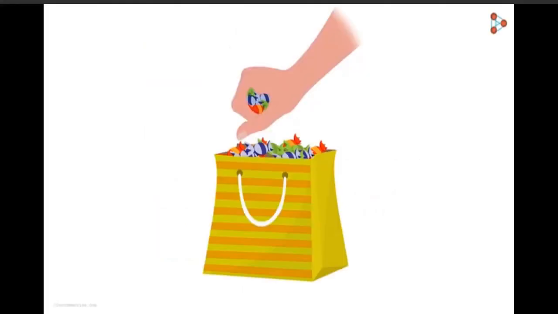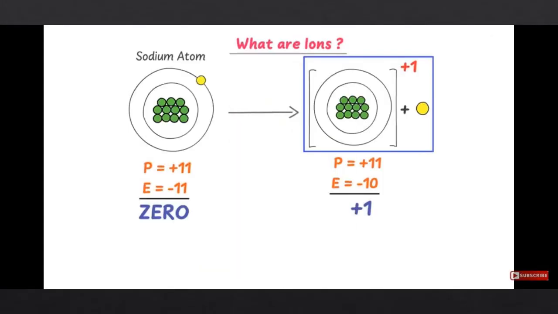As you have seen in this diagram, a bag of chocolates: when I put my hand in a bag and get a number of chocolates, what does it mean? It is the tendency of my hand, how many chocolates it gets. Whether my hand is big or small also matters. In the same way, valency is the tendency of an atom to occupy a number of electrons. It can be by sharing, gaining, or giving electrons.